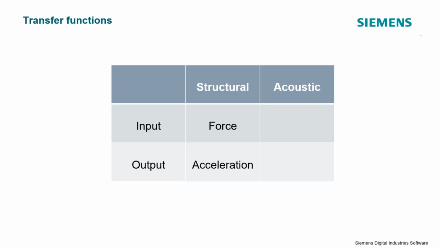We create a bunch of these when we're doing a modal analysis: acceleration over force, transfer function. In the acoustic side of the world, we can do exactly the same thing. Instead of measuring acceleration, we're going to measure the acoustic output of our system. That would be a pressure, right? We're going to use a microphone. And for our input, we're going to use this thing called Q, or acoustic force, okay? So just like we have an A over F, we can also measure a P over Q.